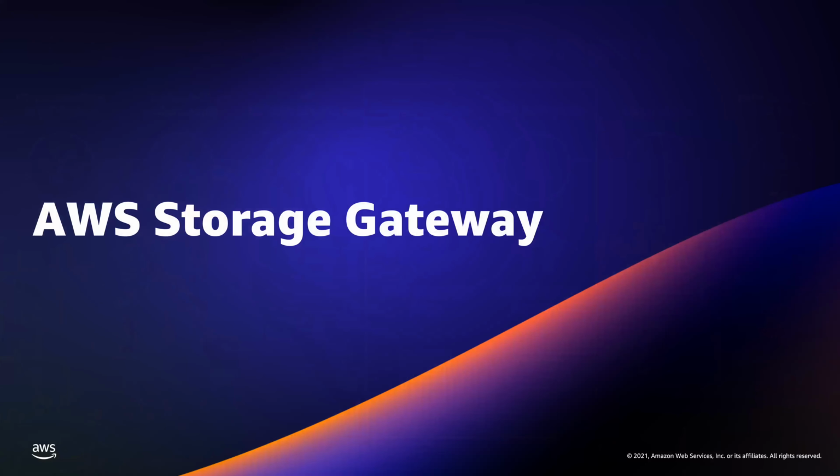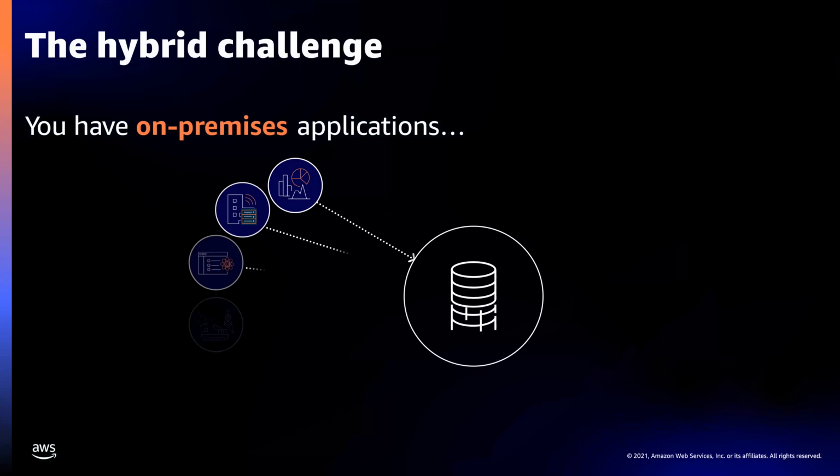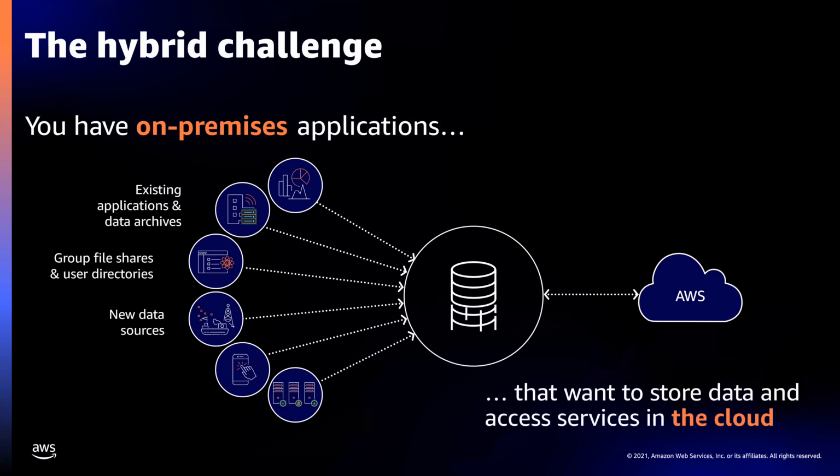So I'm going to talk about first this hybrid challenge that AWS Storage Gateway will help to solve. This hybrid challenge is really around, I have an on-prem application, and maybe it's a third-party application, homegrown, but it's collecting a lot of data. Maybe I have end users that are accessing files on a file share, and it's collecting a lot of data. And so I have data, I have storage needs. Over time, I have to continue to maintain that equipment. I have to upgrade the storage and so forth. And that's really the challenge that AWS Storage Gateway is trying to solve in several different avenues.